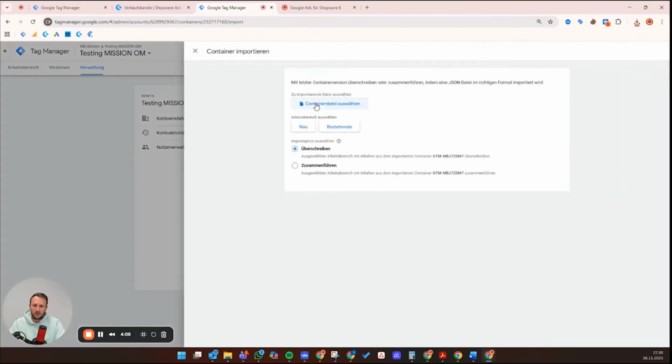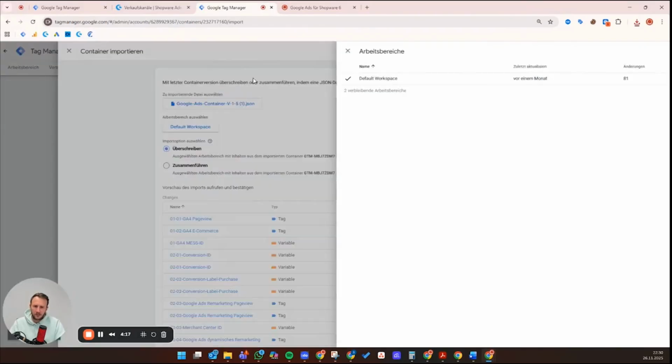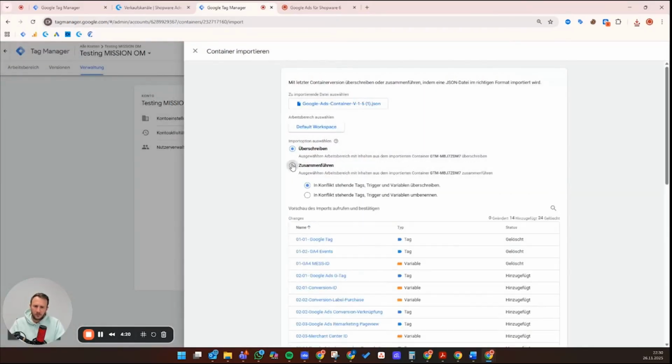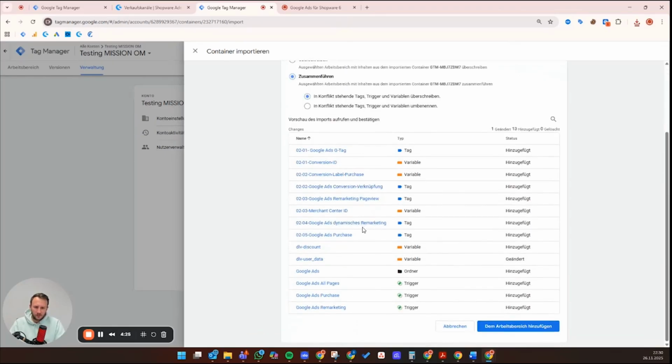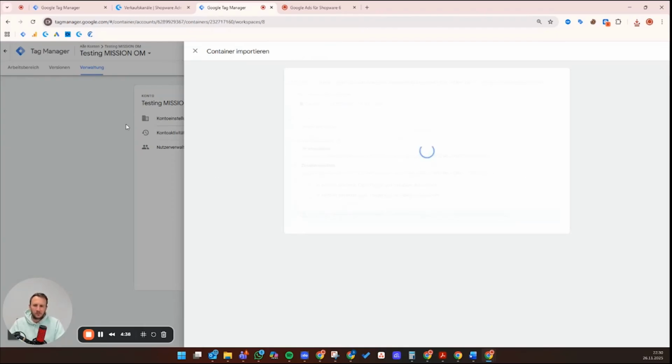Import container, select the container file again here, click here on existing workspace, default workspace. And then importantly merge, because we basically already have the GA4 variables or the GA4 tags in there and we want to keep them. That means simply click on merge, add to the workspace,